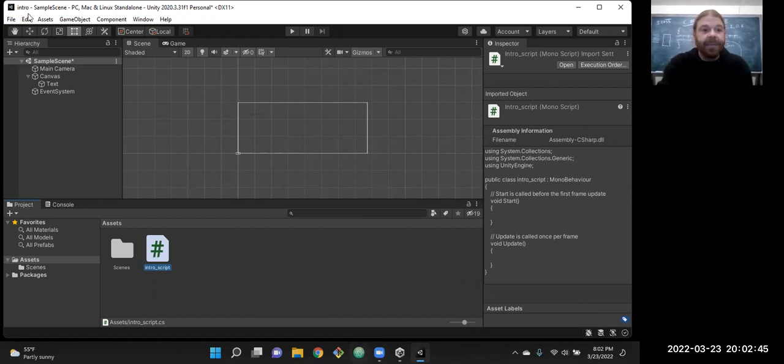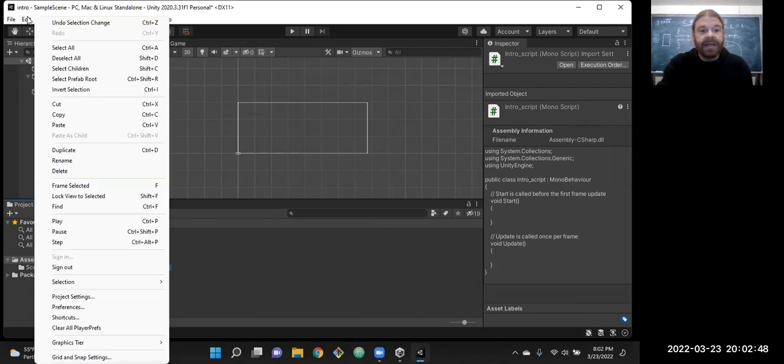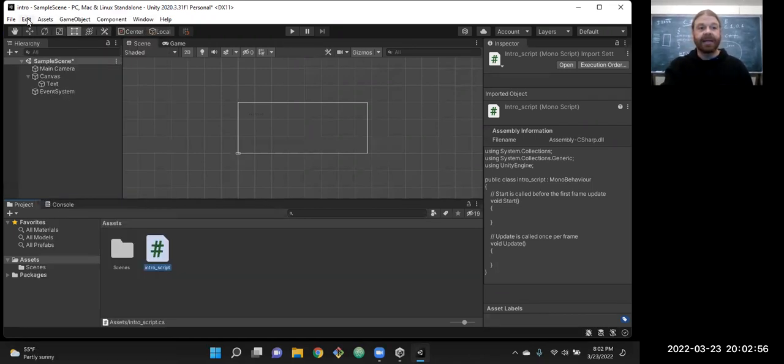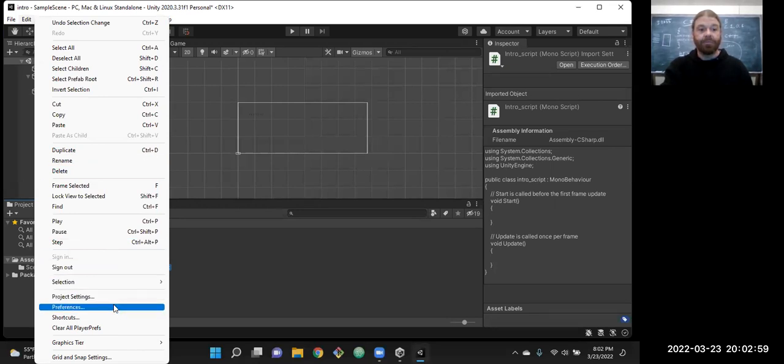So to set it to Atom, we go to Edit and Preferences. So up in the main menu, go to Edit, and then come down to Preferences and just set our settings. If you're on a Mac, that's going to be under the Apple menu, where preferences always is on a Mac. If you're on a Mac, I assume you know where the preferences menu is. But on a Windows machine, it's under Edit.